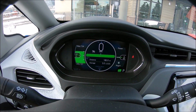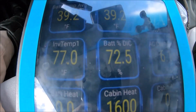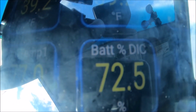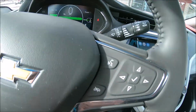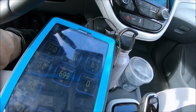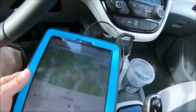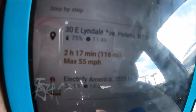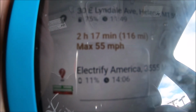It's showing now 131 miles, and it shows 75%, but in reality it's only 72.5%. So this can kind of mess you up if you use something like a Better Route Planner. I pulled this up here, and oh, it's kind of hard to see. So here we got, with